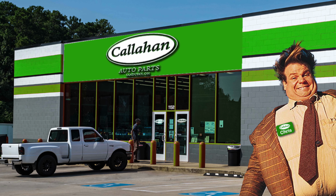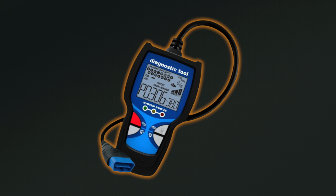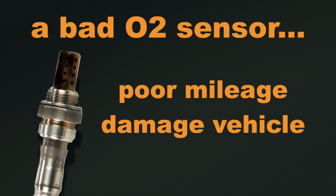You can go to any auto repair store. They have something called an OBD diagnostic tool. They plug it in and it tells you the code that is the problem. But a bad oxygen sensor will affect your mileage. It can damage the car if you don't get that replaced, because it could be a sign of another problem,